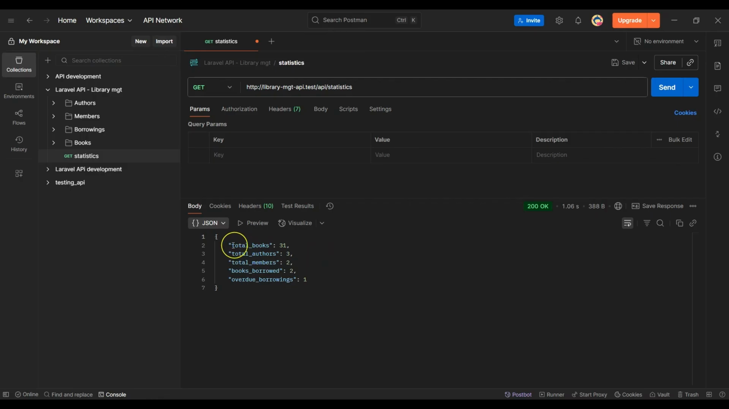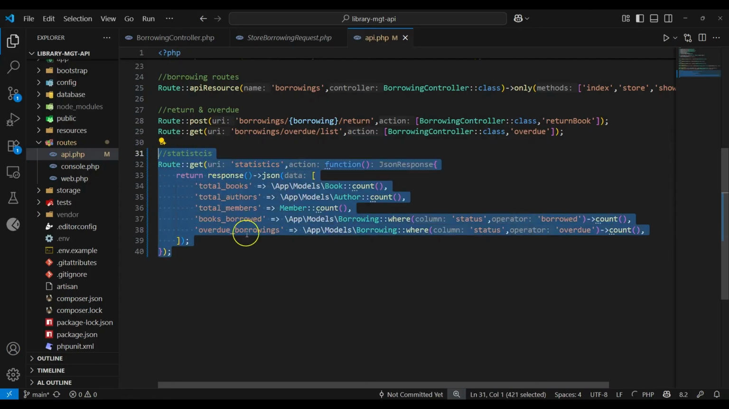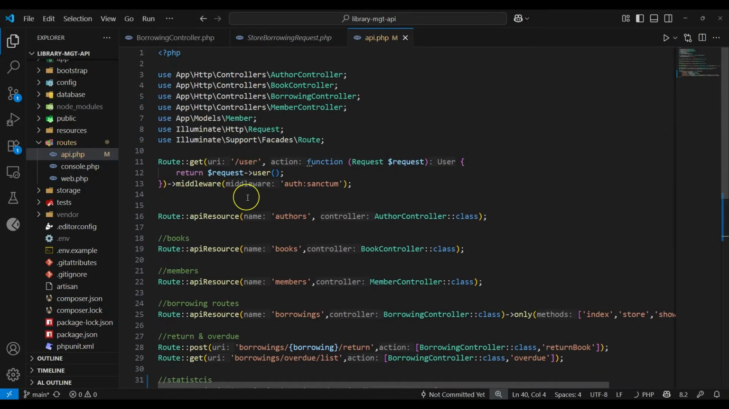Yeah, so you can see we have the total number of books, the total number of authors, the number of members. We can see the books that are borrowed and the overdue borrowings. Okay, so that's how easy you can add the statistics. But as I've mentioned, you can add a more complex way of adding statistics, so that you can show them on your application that is utilizing these APIs. Okay, so now it's time for us to start adding